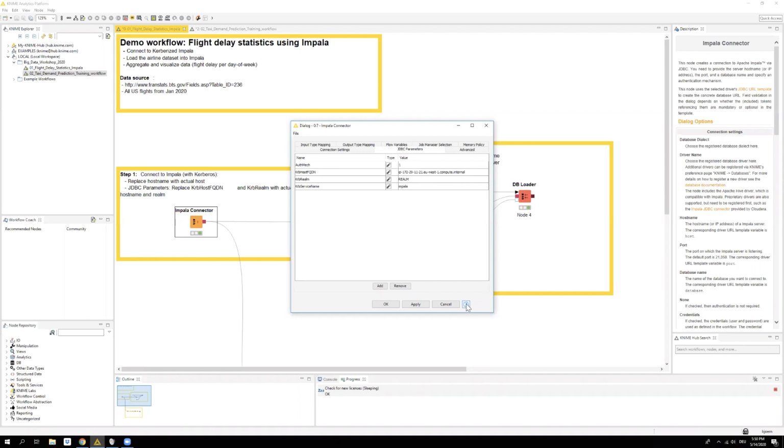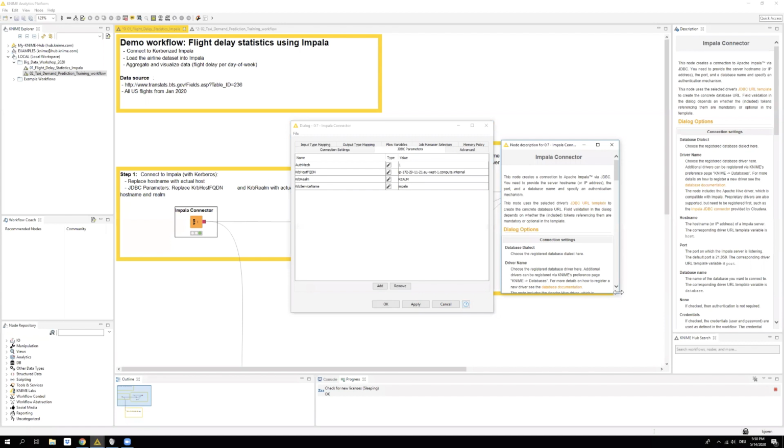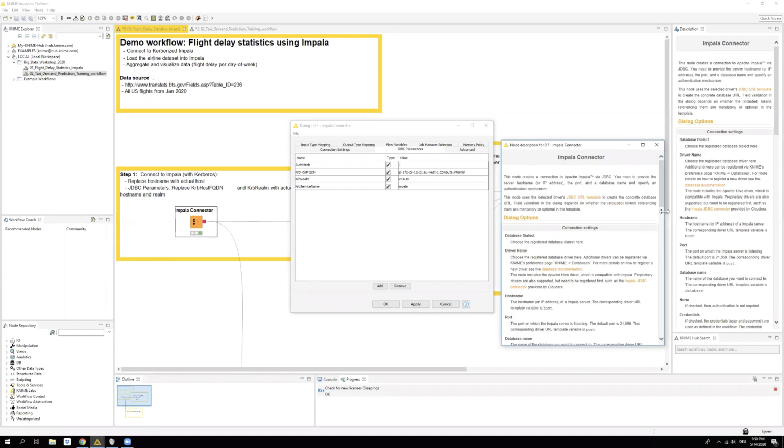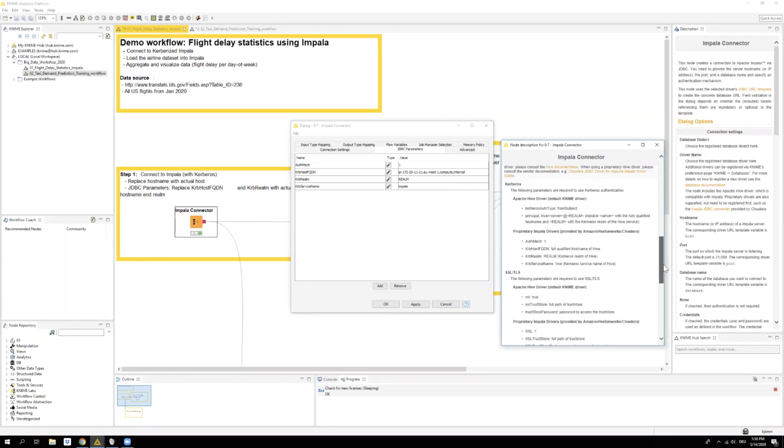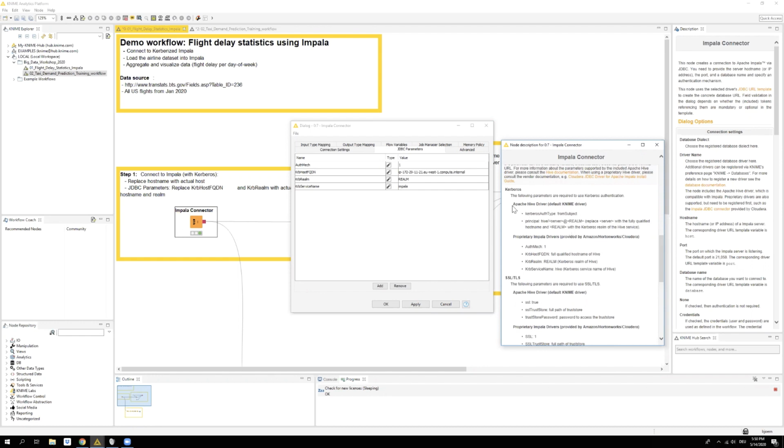I won't dive into much detail what they mean, but there is documentation in the node description of the Impala connector on which options you will need. The ones I've used here are the proprietary Impala driver options, but the embedded driver that we ship would have slightly different options.